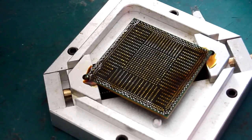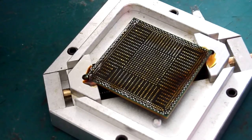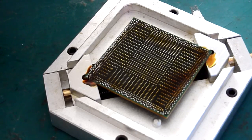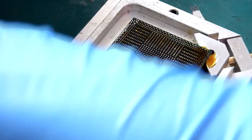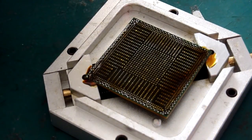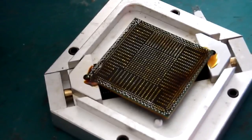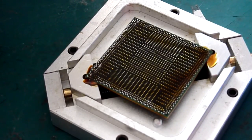So our next job now is to use the desolder braid to finish cleaning this chip off. Now the key to this is quite simple, and that is, as I say, make sure you've got plenty of flux on the chip. As you can see there is a sufficient coating of it on our chip there. You want a tiny little bit of solder on the end of the tip of your iron, only the tiniest amount,